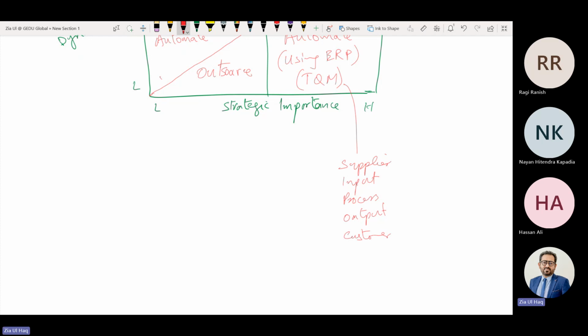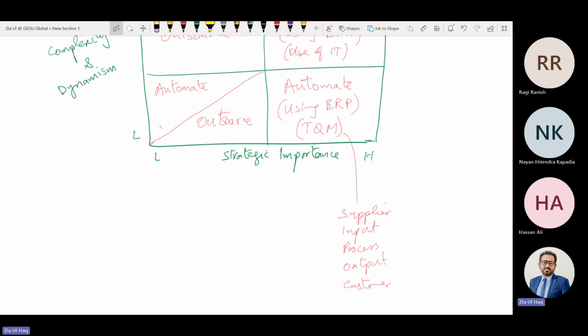And your customer service should also be of high quality. Treat the customer happily, deliver the products to the customer on time. Try to take feedback from the customer, what he wants, and try to deliver that. Keep him happy. So in total quality management, we need to focus on quality from supplier, input, process, output, customer at each level. Why? Because these are strategically highly important processes, our main activities. So we need to manage them. Though there is lesser complexity and dynamism, we need to manage them. Otherwise, we'll not be able to survive.